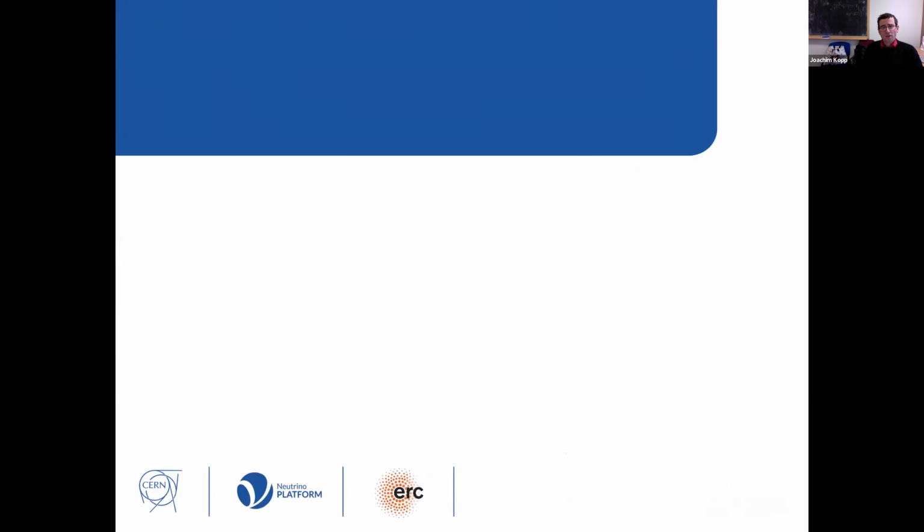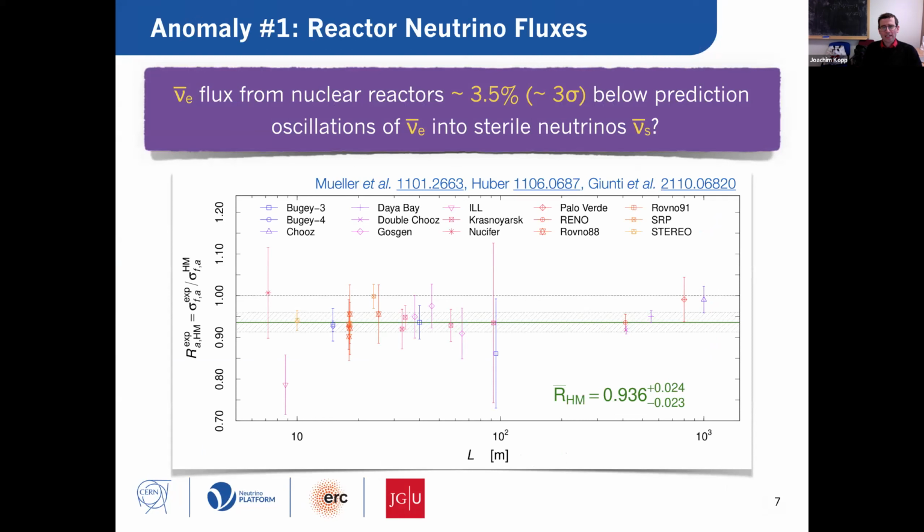So let's start with an anomaly that is based on actually rather old data, but relatively recent theory. It's called the reactor neutrino anomaly. And it's the statement that the observed neutrino flux from nuclear reactors is about 3.5% below the theoretical prediction. This result